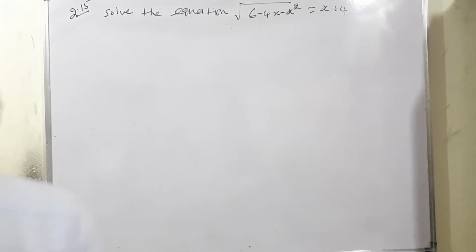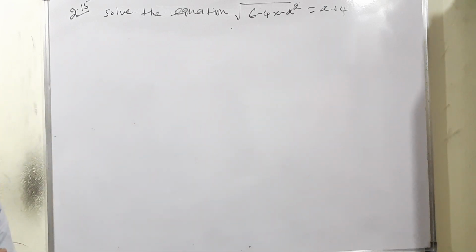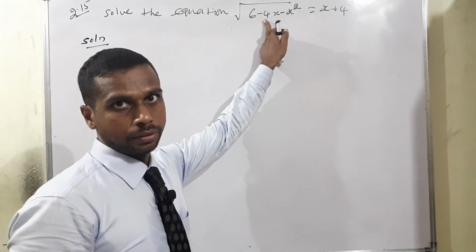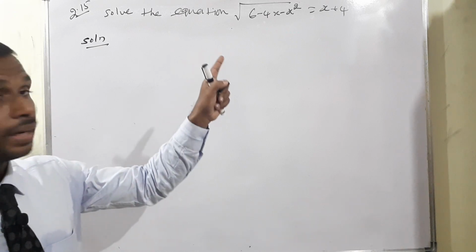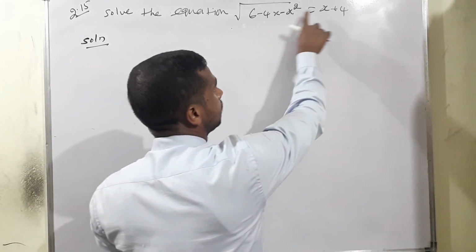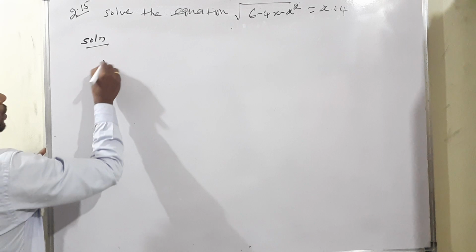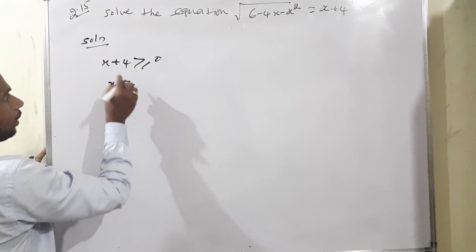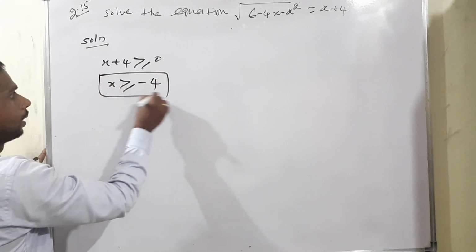So example 2.15: solve the equation, square root of, with an equal to symbol, isn't it? In the last problem it was greater than 0 or less than 0, but here the equal to symbol is there. One of the important questions: look at it, the opposite side has a square root. Already I told you, a square root means the value should not be negative, then only the roots are real and distinct. But the condition also says the square root term will be equal to this term. So we can consider that the square root of a value means greater than or equal to 0. So the first main condition: x plus 4 is always greater than or equal to 0. Therefore x is greater than or equal to minus 4, bringing 4 to the opposite side. This is one of the important conditions. Okay, keep it there. Now I am moving to the problem.